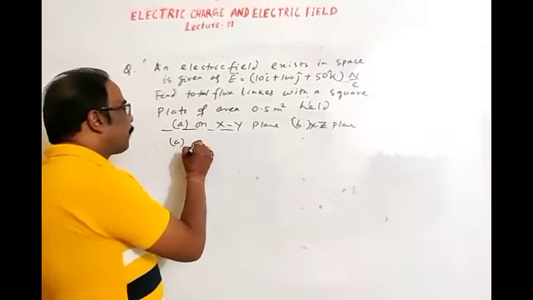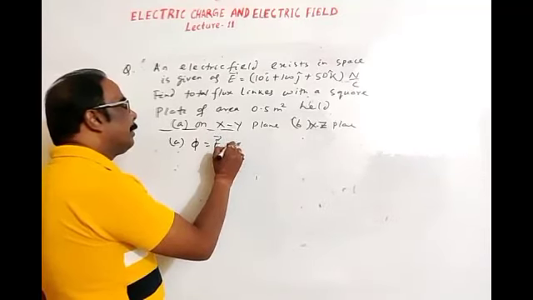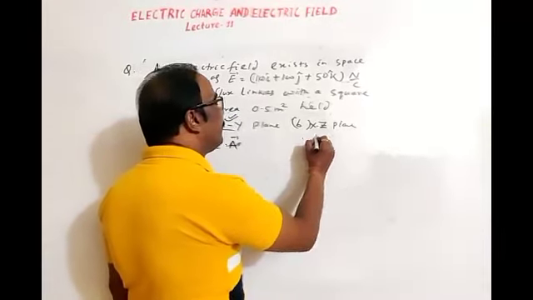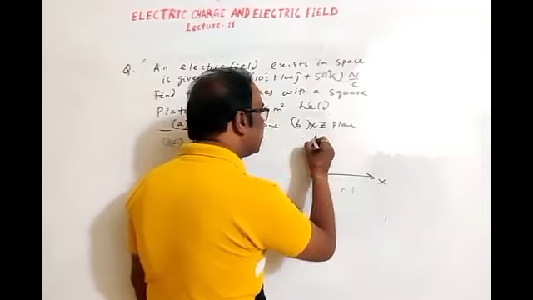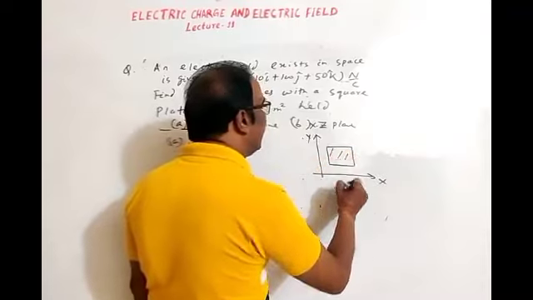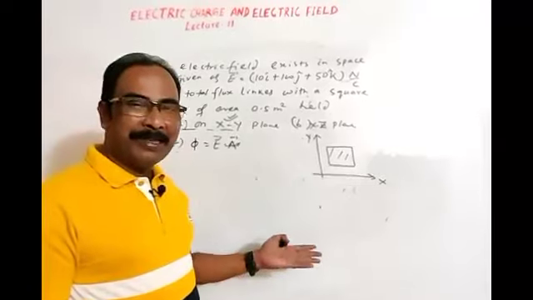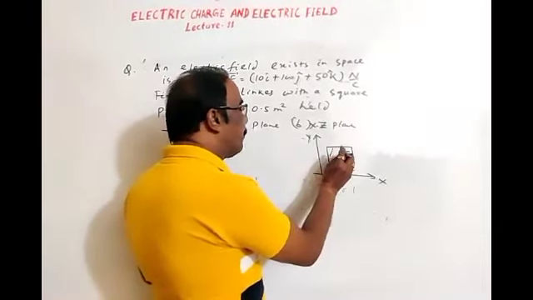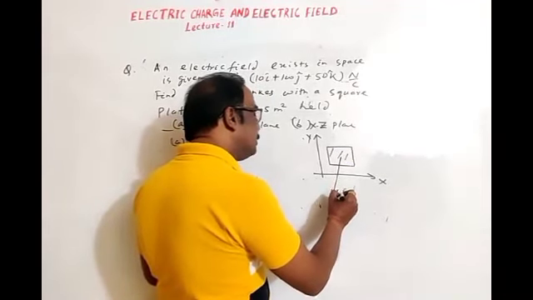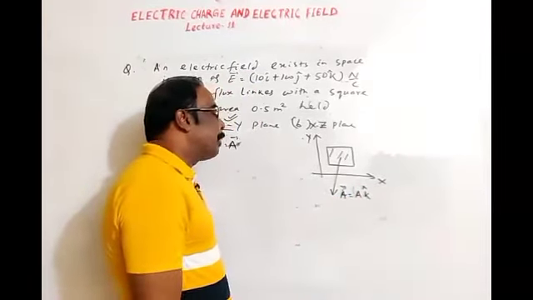Okay, then let's consider part A first. For part A, flux is electric field vector dot area vector. Let's take area vector A. And here in the first part, the area is on the XY plane. See students, this is the x-axis, this is the y-axis, and this is your area vector. You may take the area as circular or square or rectangle. The plane of area is the XY plane, and as we have discussed, the direction of area vector is perpendicular to the XY plane. So obviously this direction will be along the z-axis. The area unit vector along the z-axis is k cap.